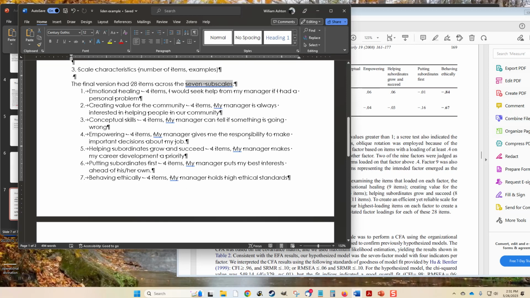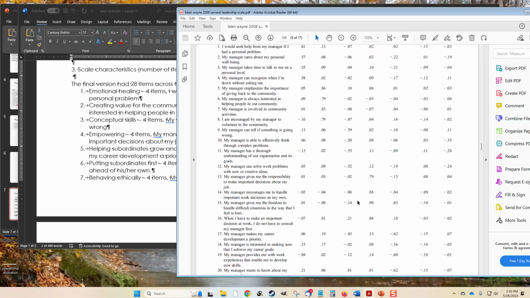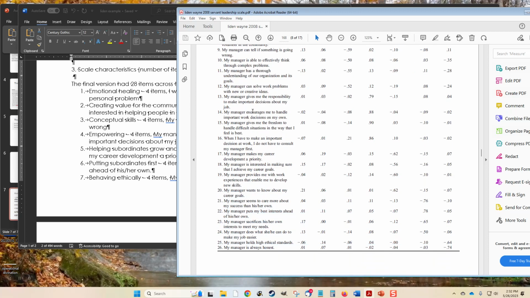So I noted that there. And so now, after examining the items we loaded on each, we identified 9 emotional healing items, 7 creating value for community items, 9, 6, 4, and 11. Well, if you go through this table here, and we'll get to that in a second, you'll notice that